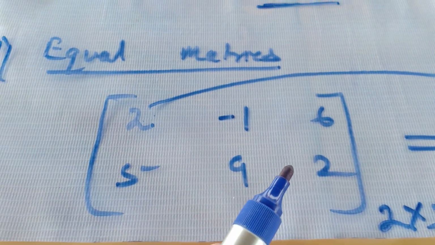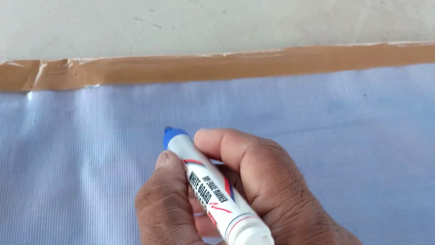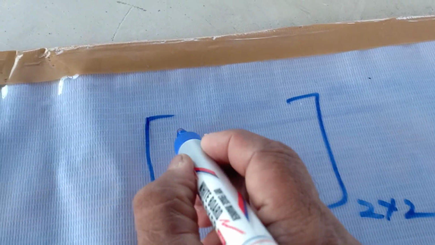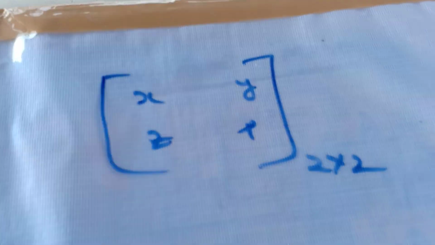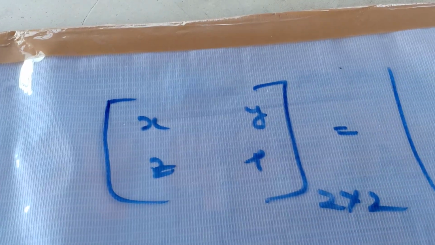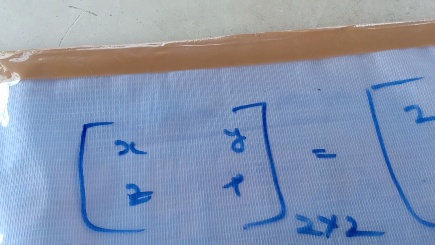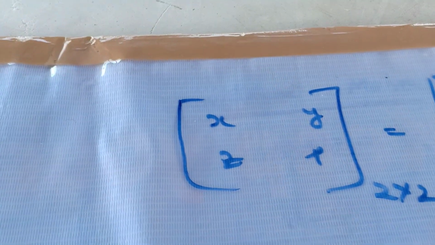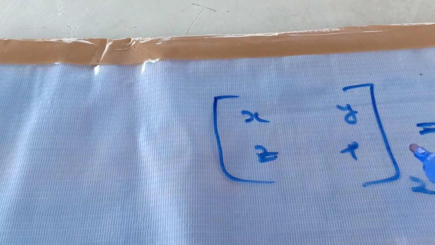Equal matrices are of great use when you go on to solve further sums. So let us have an example regarding that. Suppose this is a 2 into 2 matrix with X, Y, Z, P, these four symbols, and here it is 2, 7, 9, 6. These two have the same order, obviously, and these two are equal matrices. The equal symbol I have given indicates that their order and corresponding elements are the same.